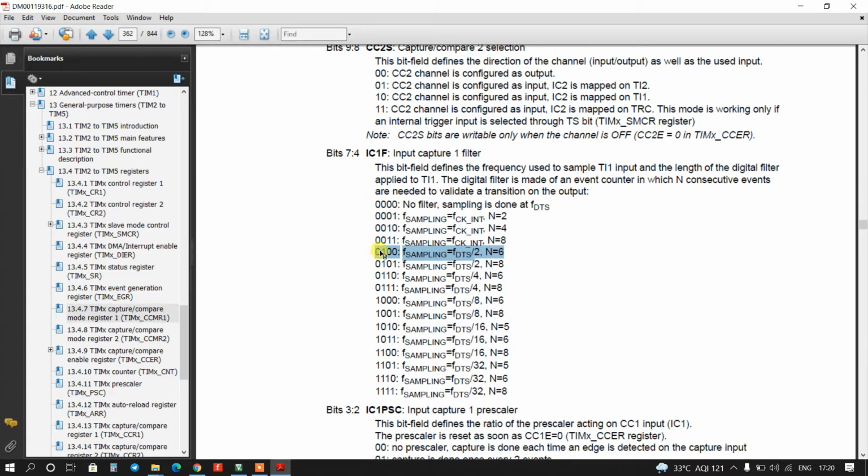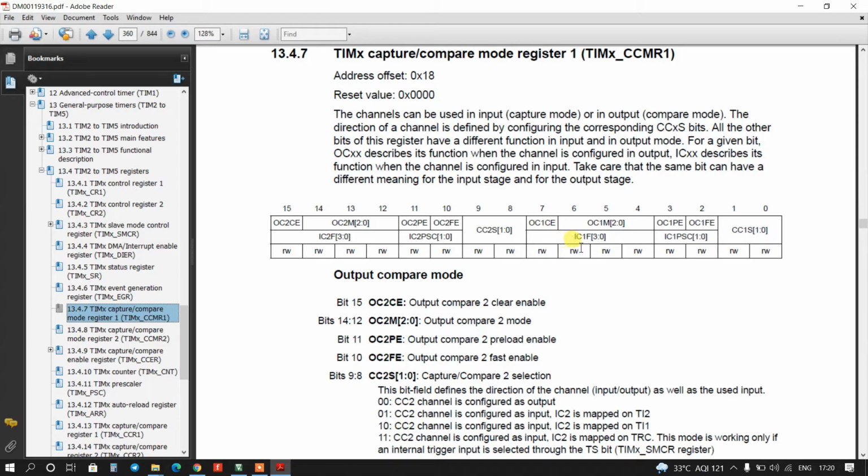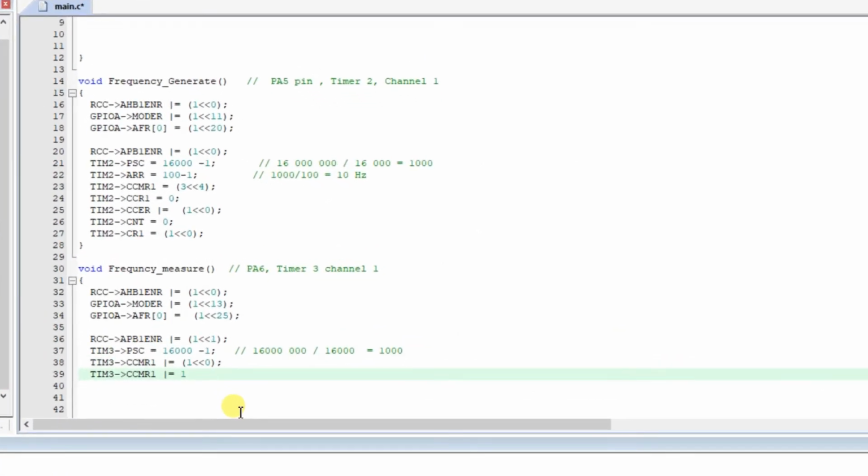It is 0100. The 6th bit is set, so 1 left shifted by 6. Okay, and now we will go to CCER register.